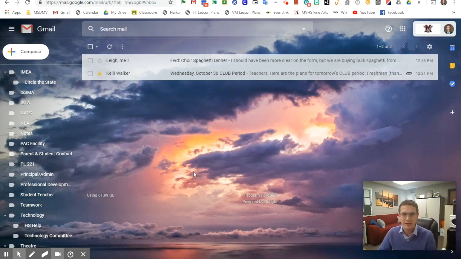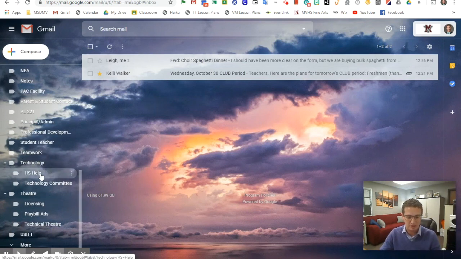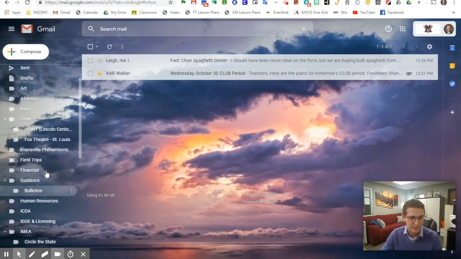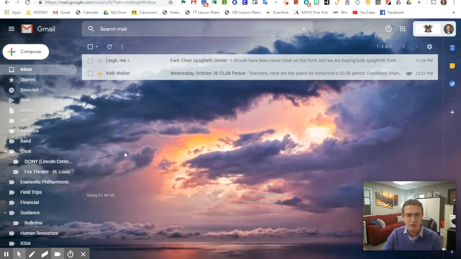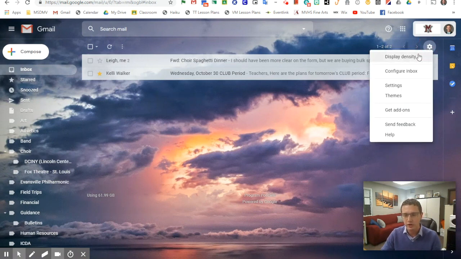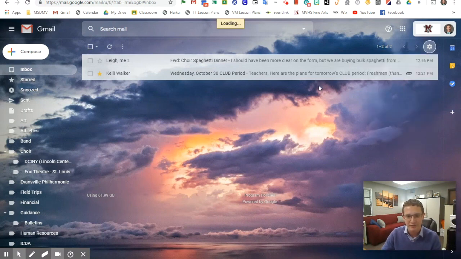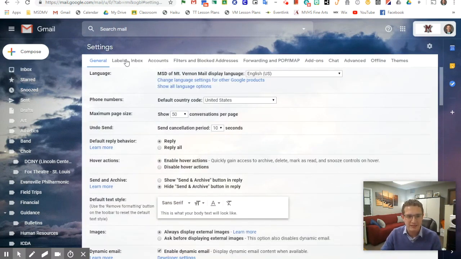My inbox is a list of things that I know that I still need to do or deal with in a miscellaneous way. If you look on the left, I don't have any new emails here because I've already dealt with the emails today. But let me show you what it would do if I create a new label. For instance, if I wanted to create a label for things from Julie Kissinger, I would select my settings menu, and then at the very top, find the labels tag,